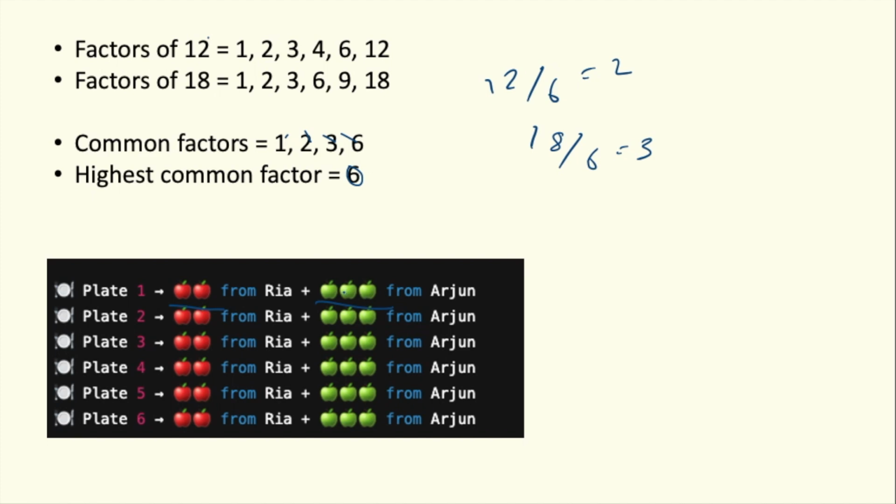Now, before we end this beginning lecture about HCF, always remember one thing. If you divide two numbers by their HCF, the results will be co-prime, just like 2 and 3 are co-prime to each other here. Okay, so HCF helps us find the maximum number of plates they could make, a way to divide things equally and make sure nothing was left behind. And that's the real power of HCF. It helps us divide things fairly,